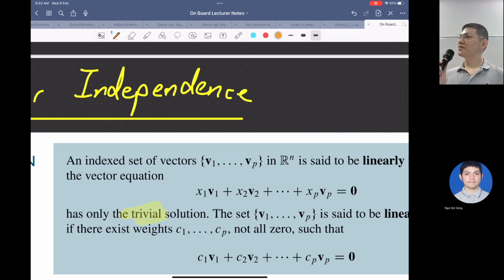Oh, not enough. Not just the linear combination of vectors equal to the zero vector. You need to make sure you have only the trivial solution. You get what I mean? When you set it equal to 0, it just says that you want a relation between them. But what kind of relation do you want? Is it a trivial relation or a non-trivial relation? If it is a trivial relation, then there's no relation between the vectors. If you have a non-trivial relation, you have some non-zero scalar solution. That means there are